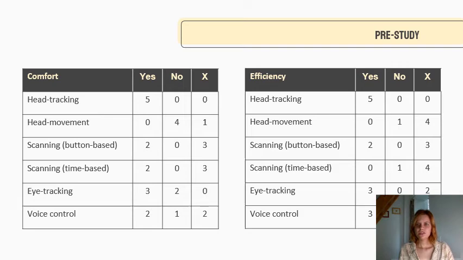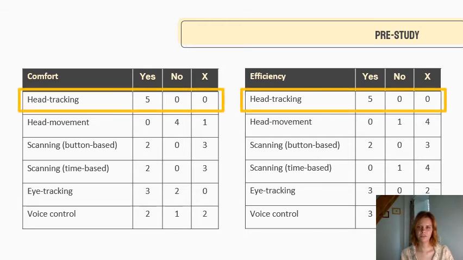And I will not show you all my results, but only the important ones, which are the answers to these 2 questions. And the questions were, is this method comfortable for you and do you feel efficient using it? So the head tracking was exceptionally good with a rating 5 out of 5 for both questions for all 5 participants.